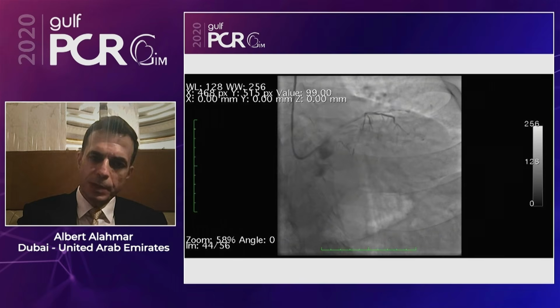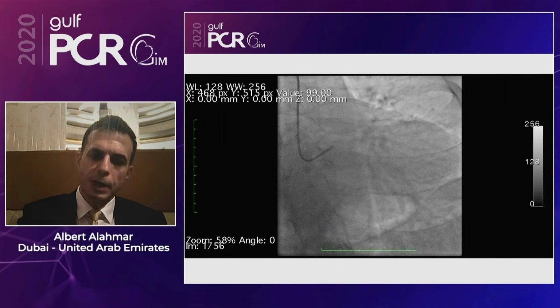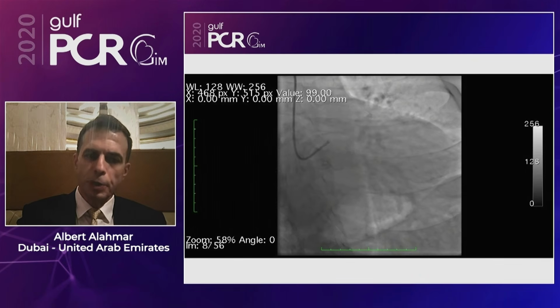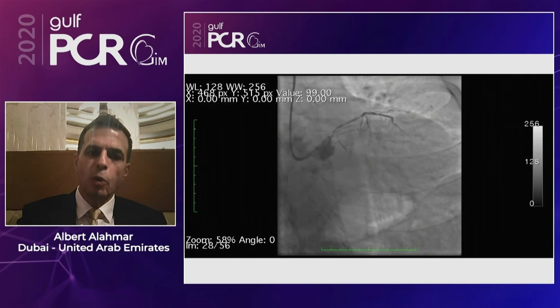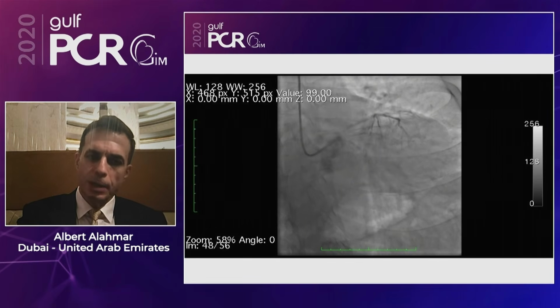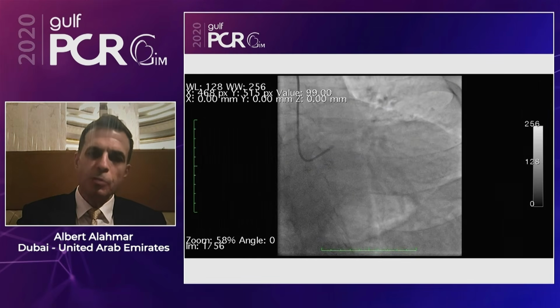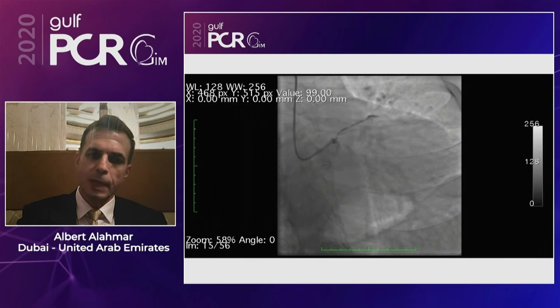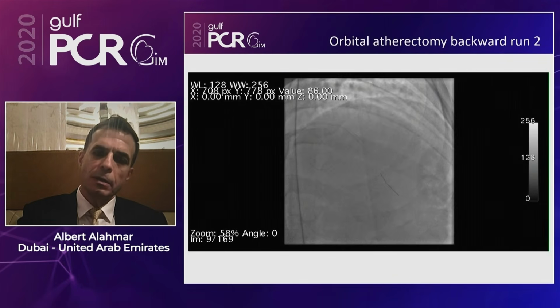So my plan from the start, in a 6 French guide, was to use orbital atherectomy. This is one of the advantages of using orbital atherectomy. You only need a single device for all arteries, regardless of the size, from 2 millimeters to 4.5. So this is one big advantage compared to rotational atherectomy. I'll show you the run of the,